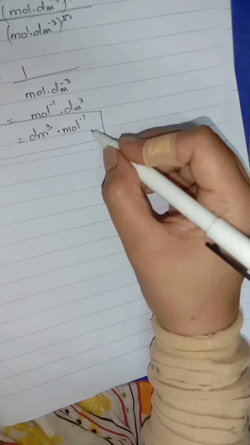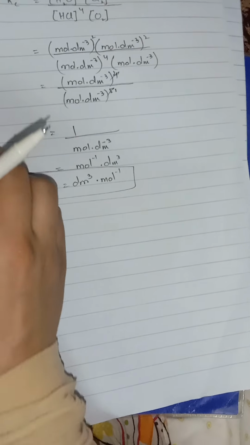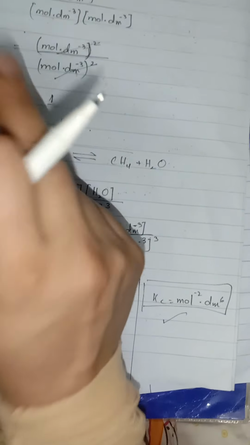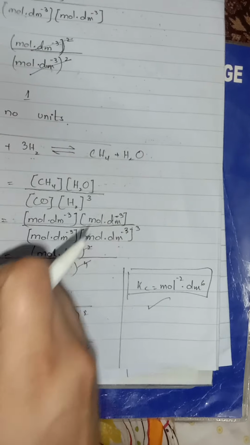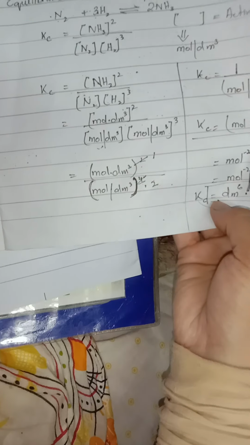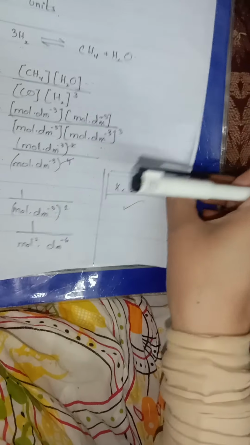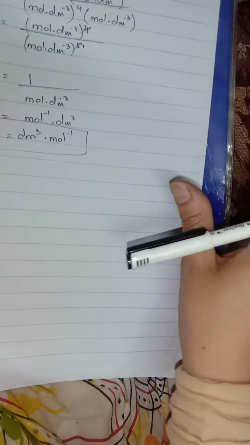So you can see the Kc unit varied from equation to equation. There can be a chance when there would be no unit, and you must remember that Kc would never have a unit if the number of moles of the reactants and the products are equal. Is it true? Is it okay? Now you can see how we have calculated; I have given you at least 4 examples. Number 1, where we found the Kc units like this. Number 2, number 3, and number 4. And the units are very easy to take out if you are good at algebraic maths.